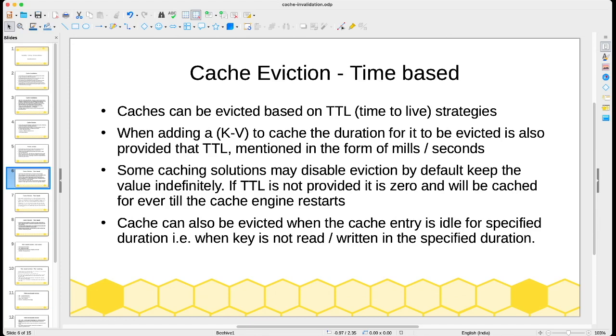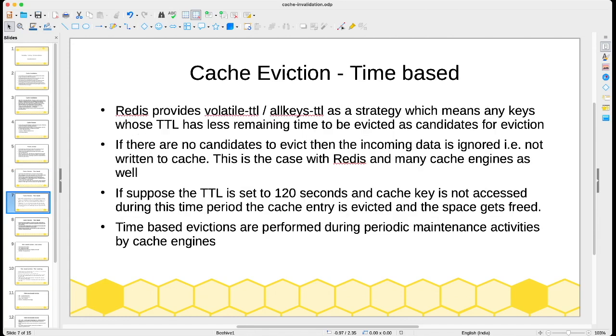So what are the ways we can use time to refresh the cache? It has to be based on access as well. It's not the time alone. Let's look into it in depth. So why am I saying this? Time is not the only factor which is used to evict it, though it is mentioned as the time. But time plus access is what we would be using. Redis as a caching engine provides a volatile or all keys TTL as a strategy,